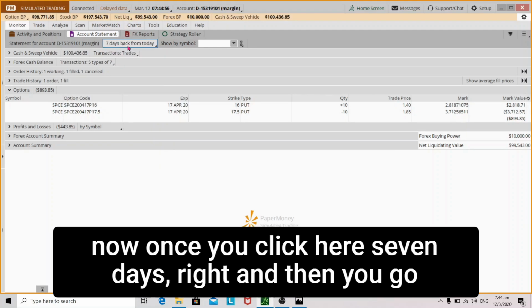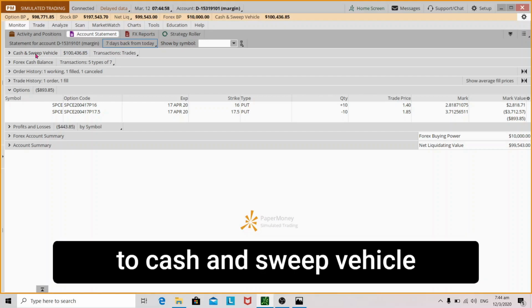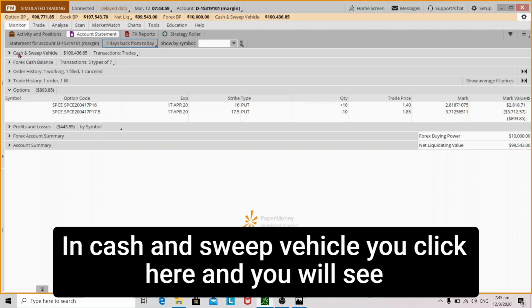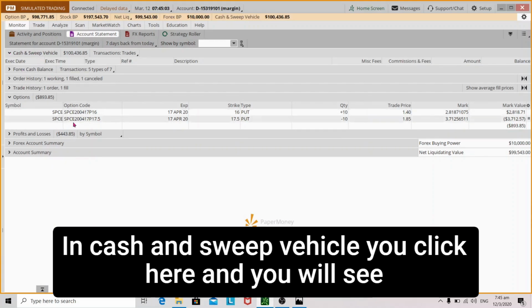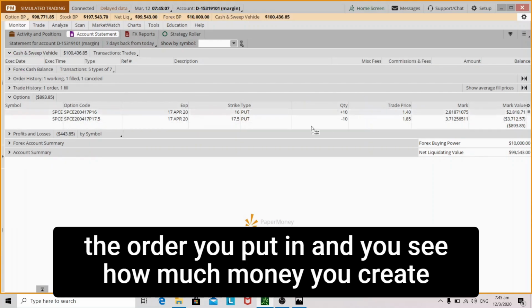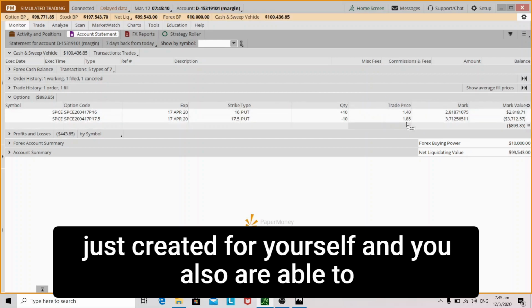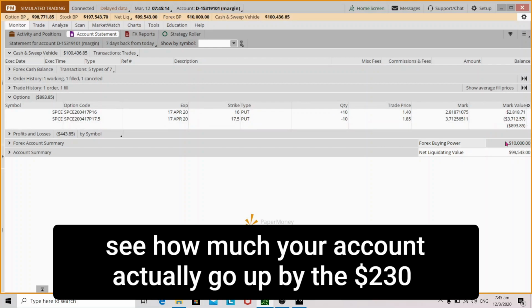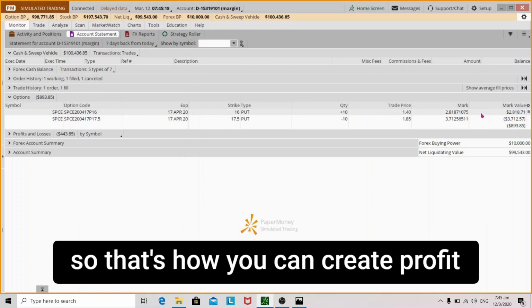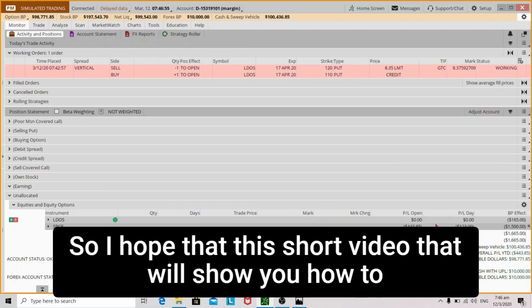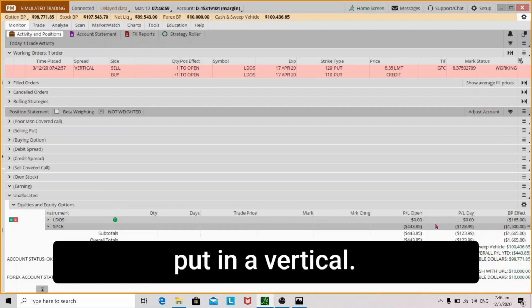Now once you click here, 7 days, right? And then you go to cash and sweep vehicle. You click here, and you will see the order you put in, and you'll see how much money you have just created for yourself, and you will also be able to see how much your account actually went up by, the 230. For example, if you sell one contract, that's the profit that you just created. So I hope that this short video showed you how to put in a vertical